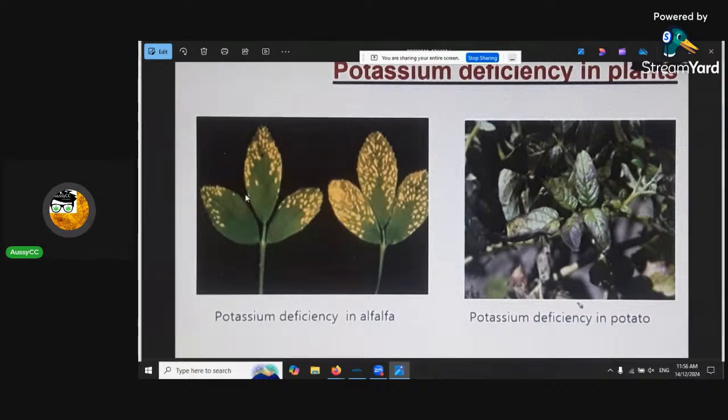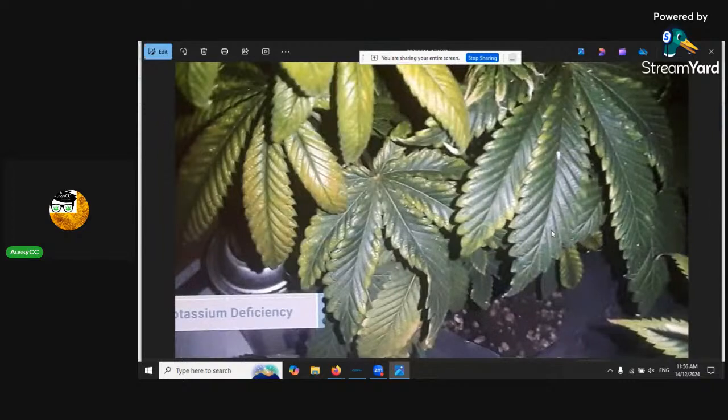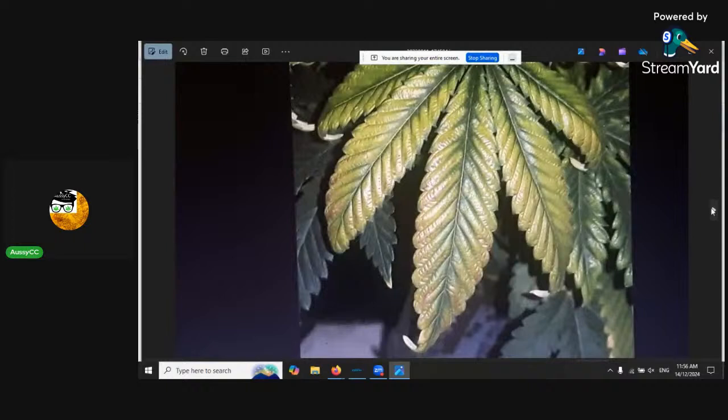You see the greening in the middle and the edges are very yellow. This is the early stage of potassium deficiency. Then at later stages, it goes into the plant a little bit more, and these leaf margins at the tips die. So you just see little dead bits. That's potassium deficiency. See there, it's starting to die off. Necrotic cells are forming, dead tissue.